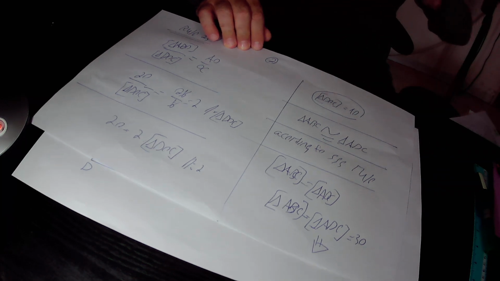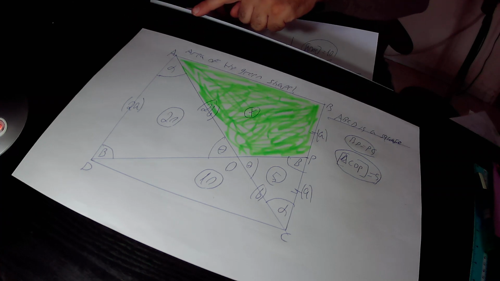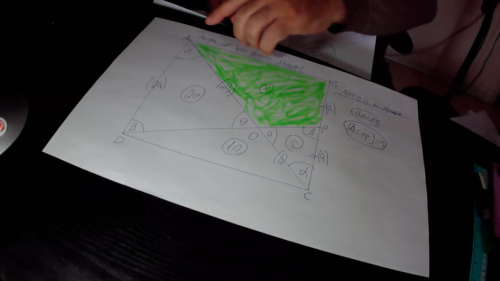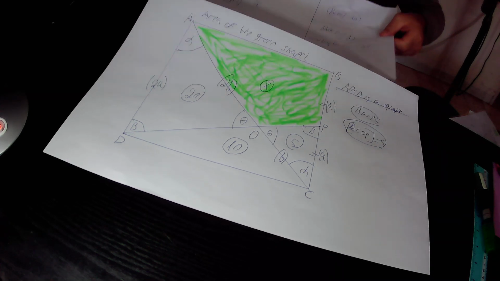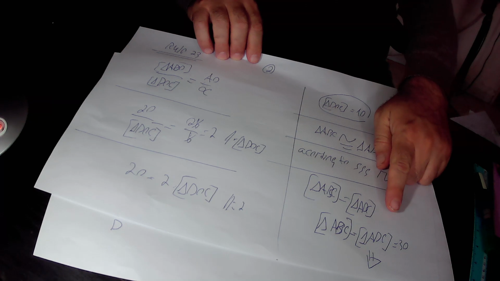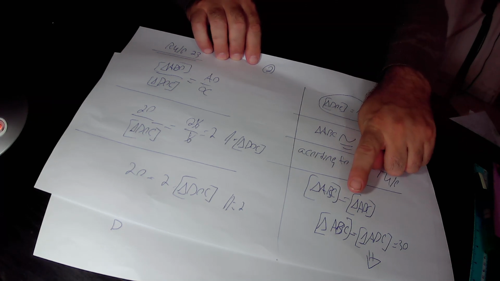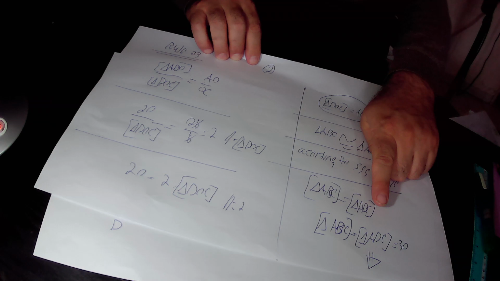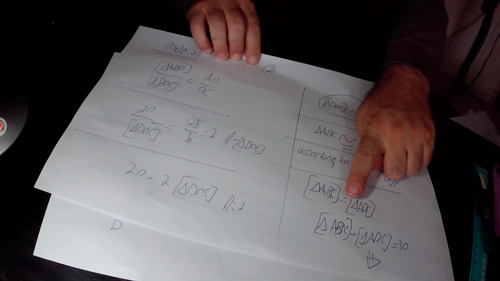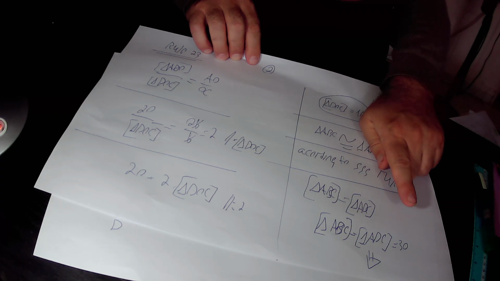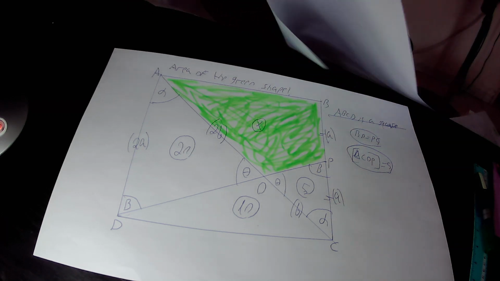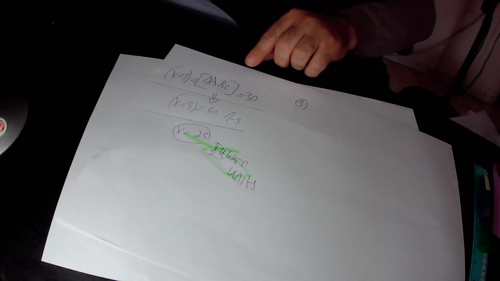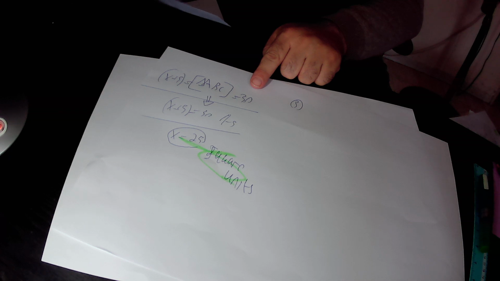But from the drawing, it is very easy to see that the area of this triangle ADC in total is equal to 20 plus 10, that is 30 square units. So we can write here that the area of triangle ADC equals 30 square units, and from this equation, the area of triangle ABC equals the area of triangle DAC equals 30 square units. We derive that the area of triangle ABC is also equal to 30 square units from one side,